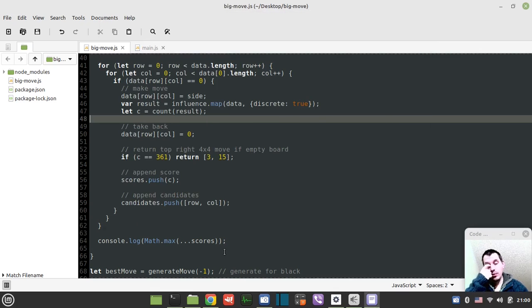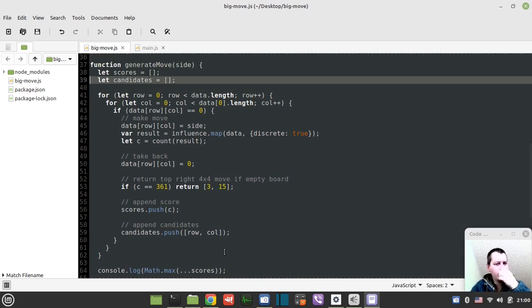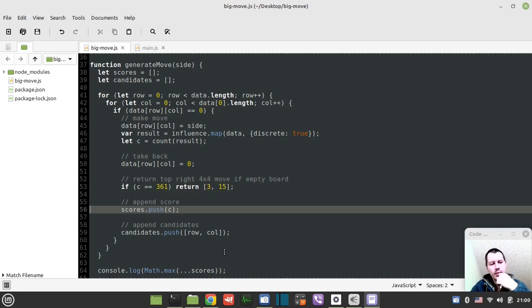So how do I need to somehow associate... maybe, yeah, I'm not quite sure how I would make the data structure so that I could associate the best score with the best move, and still be able to filter that. So if I push the score, I can make it an object, obviously, but in that case,